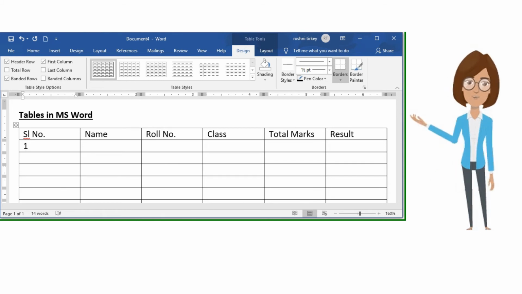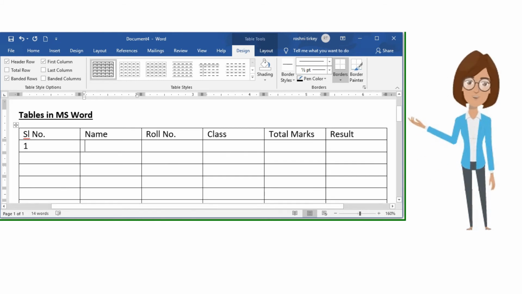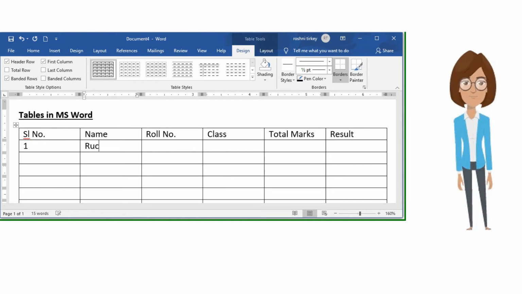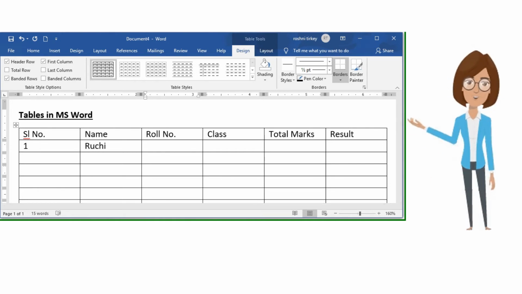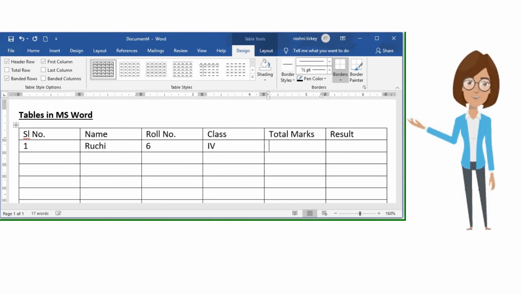Serial number 1, Ruchi, roll number 6, class 4, total marks 135, result fail.